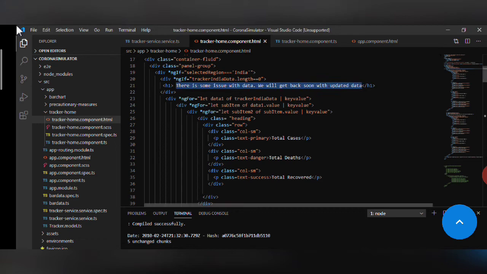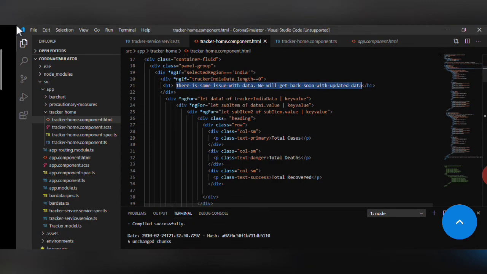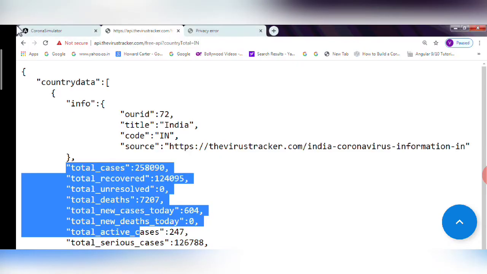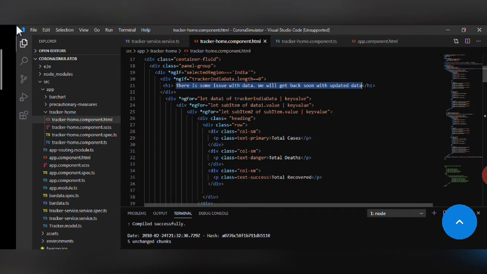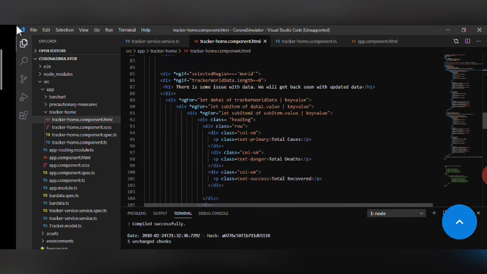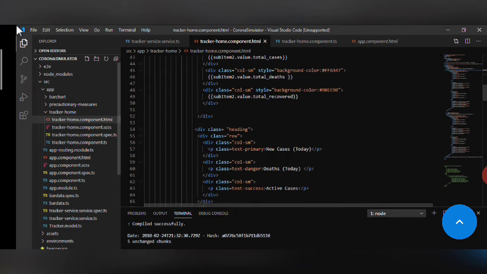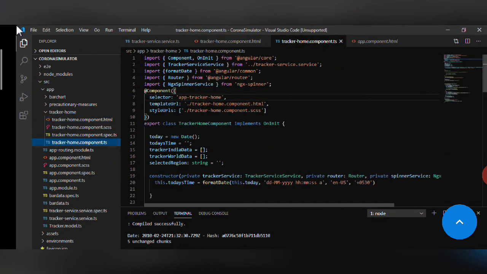For this I have created an array which will store all the fields. For collecting India data I have used this tracker India data array, and for world I have used this tracker world data. We will see in component.ts that it is declared and initialized as empty.